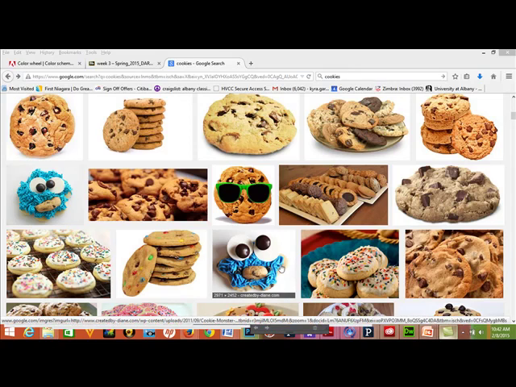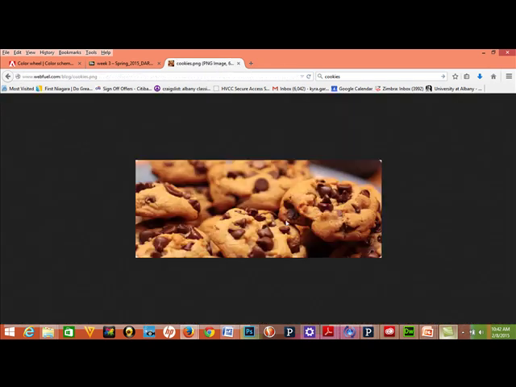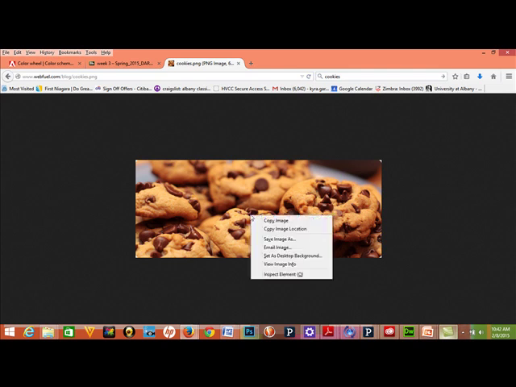So now I'm going to go over the same steps I went in the last one about how to get an image over onto your website, but we're going to talk about how to resize it directly in Dreamweaver. So here I'm continuing on my search for images of cookies, and I'm going to take this image, which I want to resize. Let's see it at its original size. Yeah, that's a little bit bigger than I want for my particular web page, but I'm going to do that